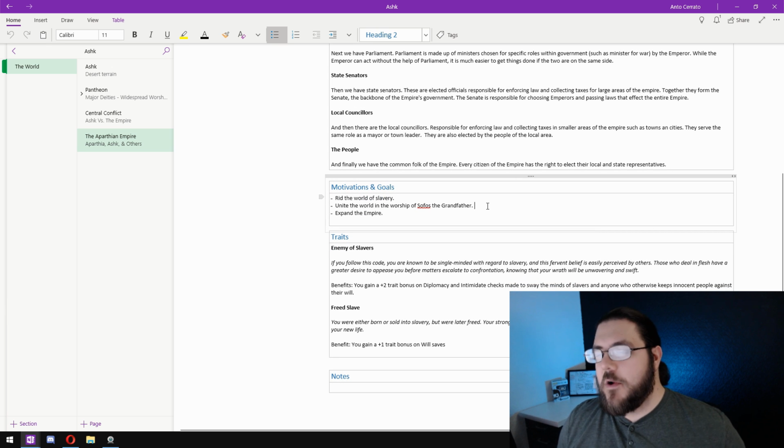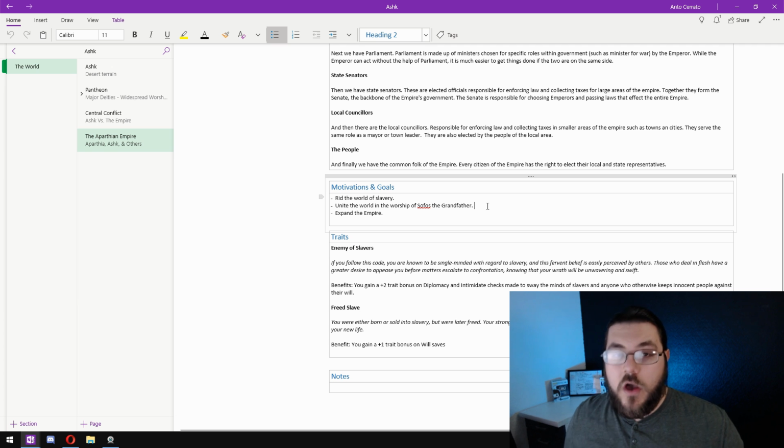When thinking about the motivations and goals for the Aparthian Empire, I wanted slavery to be one of the key aspects of them. They want to rid the world of slavery. They want to free all of the slaves. And they also want to unite the world in the worship of Sophos, because in the Empire's eyes, there is only one god. But I also wanted to add something a little more ambiguous and something that could be a little less clear-cut,